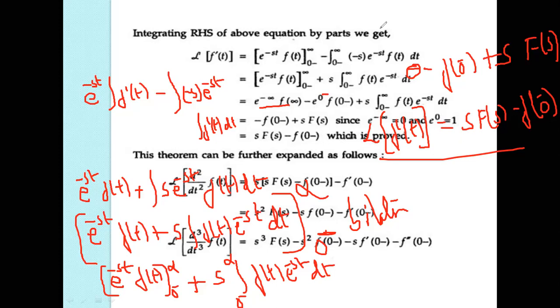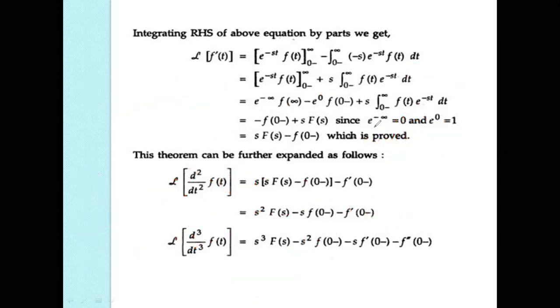Okay, which is proved as for the bilateral. And similarly, if we further apply the derivative square term, it becomes s square F of s minus s into f of 0 minus f dash of 0. Still it increases; for the third derivative, s cube, and so on, and finally f dash of 0 minus. And for the nth term, the Laplace transformation of d power n by dt power n f of t